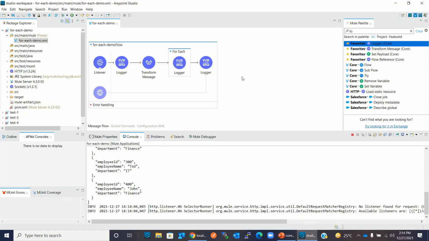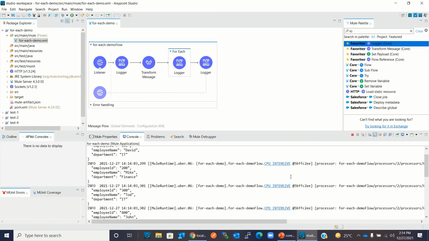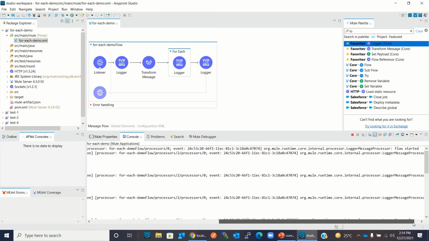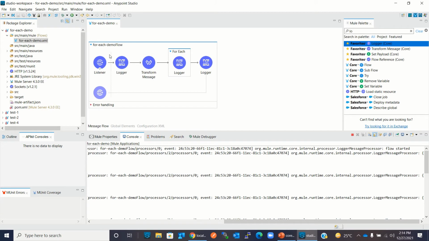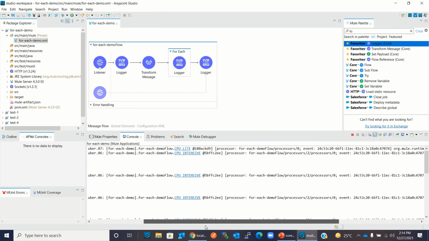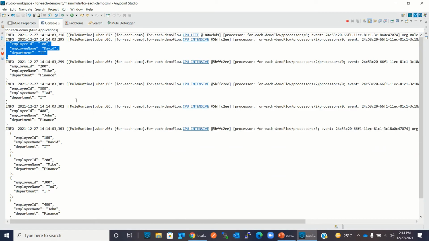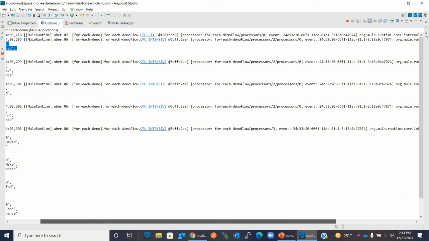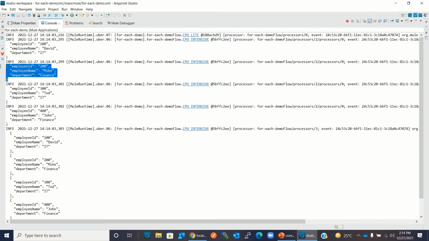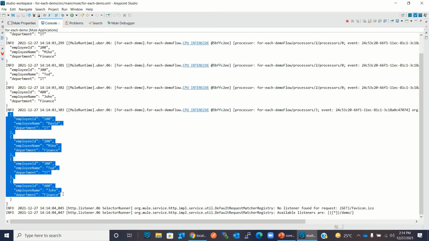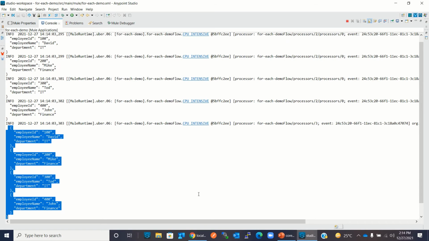the For Each scope does not modify the payload. So let's observe here. We can see the log. So flow started. This was printed, flow started. Then the payload has been built. And then in For Each, it's printing one element. So this is printing 100 first. Then it's processing the next element, 200. Then it's processing the third element. Then it's processing the fourth element. And at the end, it's printing all 4 elements, because For Each does not modify the payload.